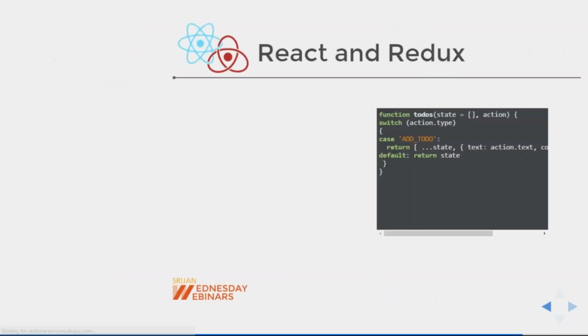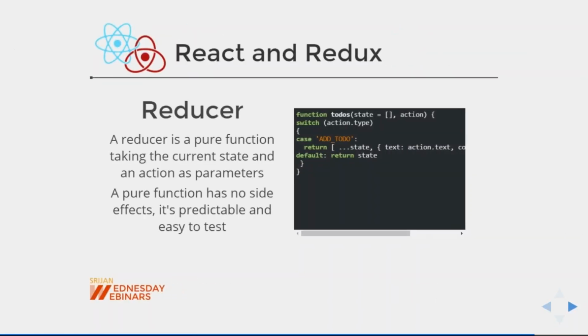I want it to execute add comment. Now you are going to have the reducer, something like this. It will take your initial state and the action which you are firing. Based on that action, it is going to return you the new state object. Reducers take two inputs, one is the initial state, one is the action, and then it will give you the new state object. Then again you fire another action. Then it will take the previous state and your action, and it will give you the new state object.